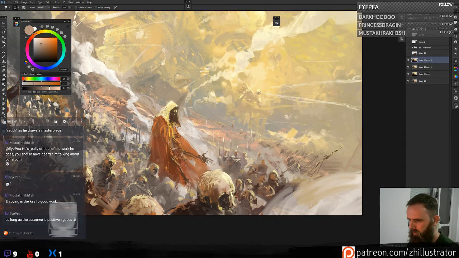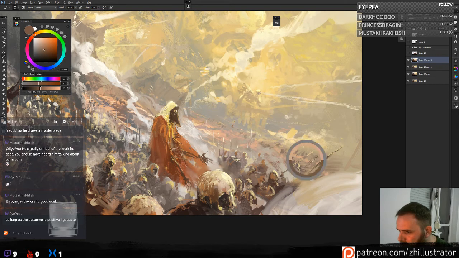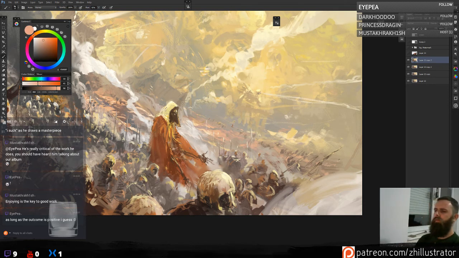Maybe smudging a little bit, because I don't need too much. And I need to paint these guys too. They're way in the background, but we'll still see them.